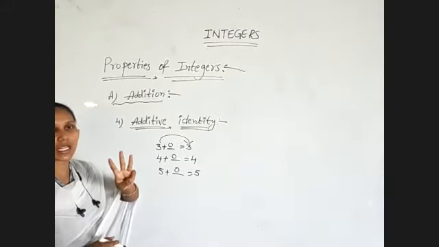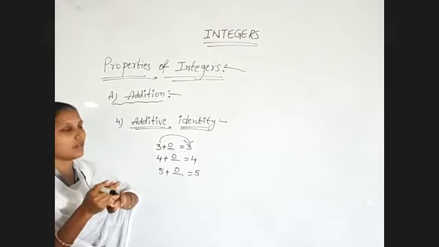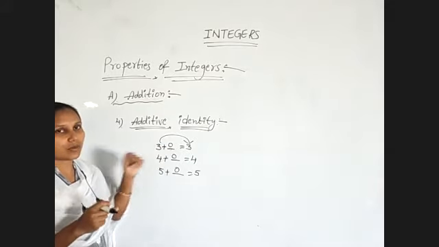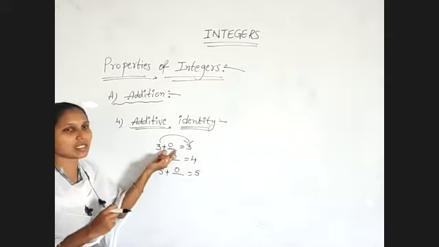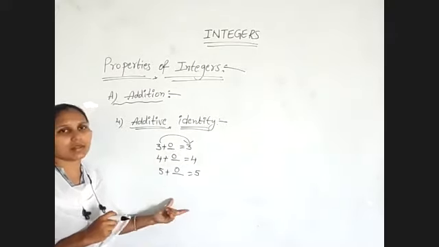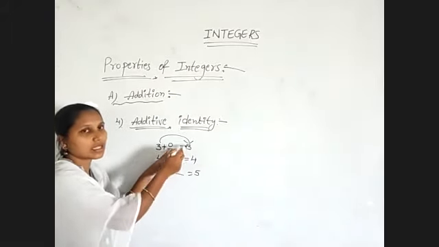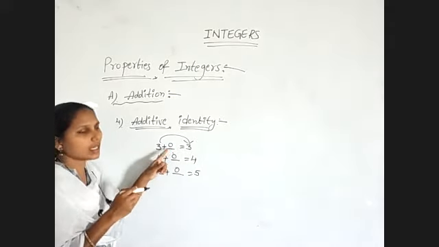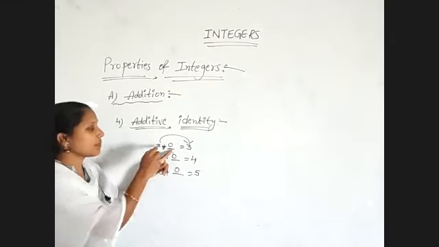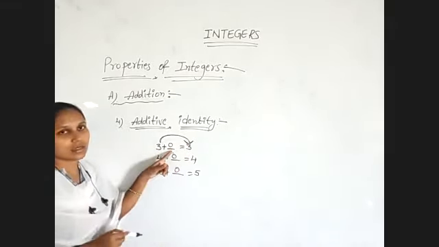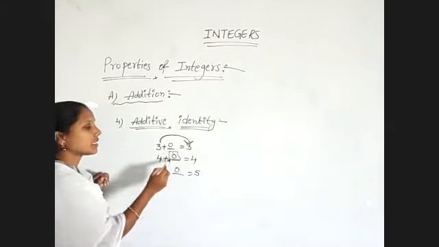So first I have 3. I want to get 3 only as the result. So that's why I'm using the 0. By adding 0 only, we will get the same number as the result. So it is same for every number. By adding 0, we are getting the same number as the result. That's why it is called additive identity. Identity in the sense, we must get the same number as the result. So by adding 0 only, we are getting that same number. So 0 is the additive identity element of whole numbers.